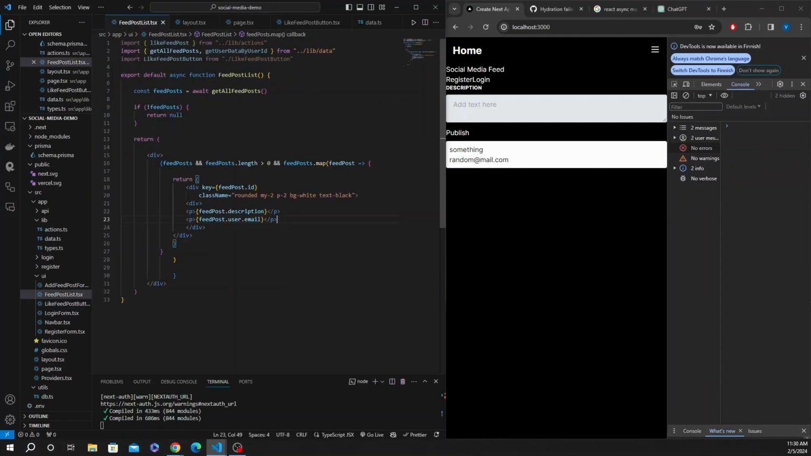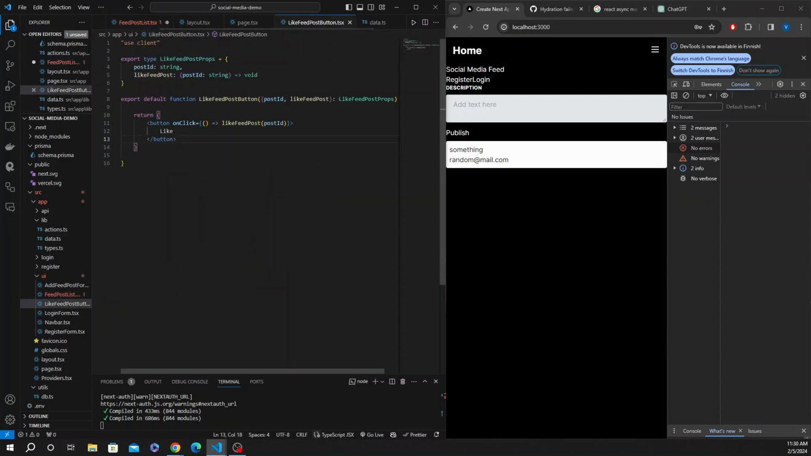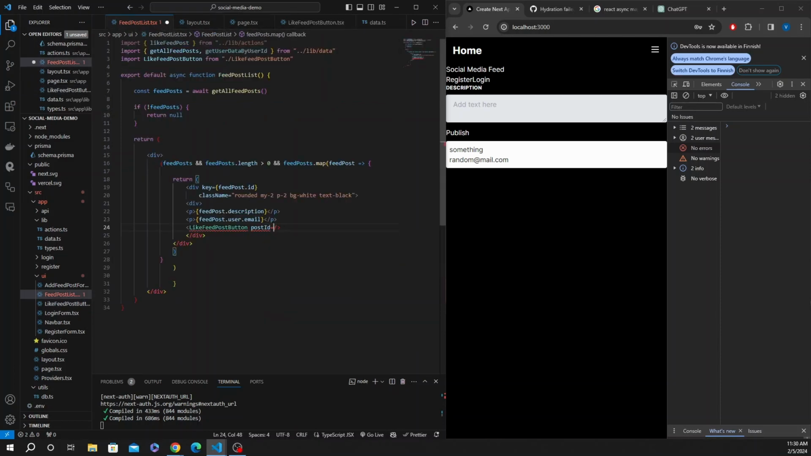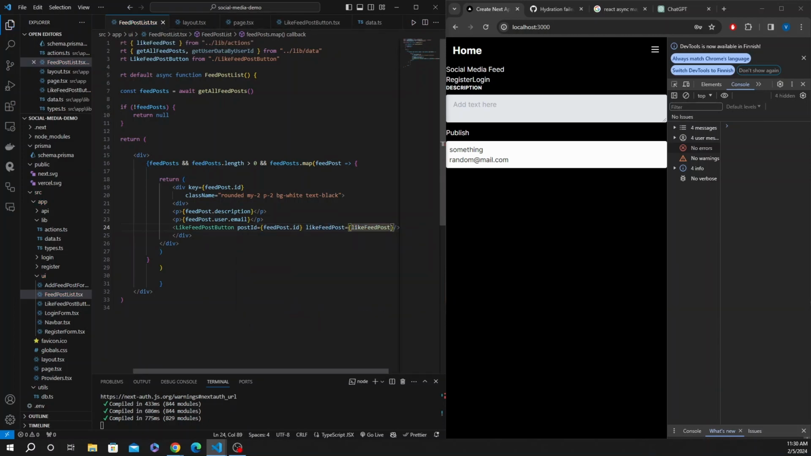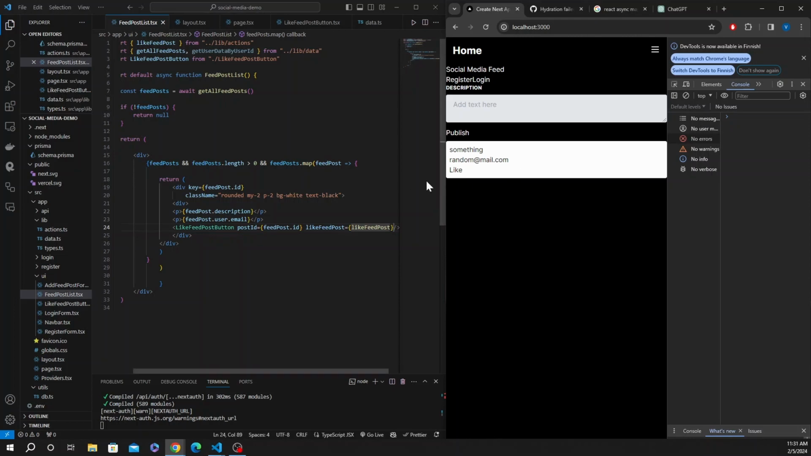And now for the button, we just have to get the like feed post button, and we have to provide it with the necessary stuff, which is the post ID and the like feed post function. So the post ID will be feedPost.id, and the like feed post function is going to be the likeFeedPost function that we just implemented. There we go. Now we have the like button right here. We could add some styling right there, but yeah. And now we can also show, let's just put under here, the feedPost.likesCount or 0,